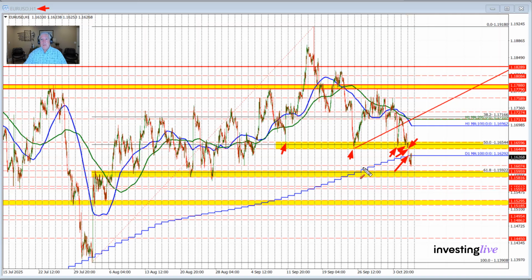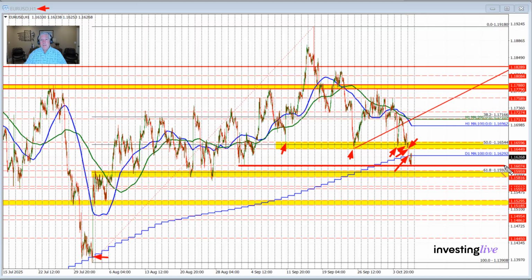We broke below that low of that swing area, 1.16449, and that opened the door for further downside momentum. That took the price ultimately below the 100-day moving average. That's a blue line in this chart. You have to go back to this point right here where we had one single bar, or maybe 2, where the price traded below that 100-day moving average before racing to the upside. So getting below that 100-day moving average was a hurdle that was passed, and the price then moved down to